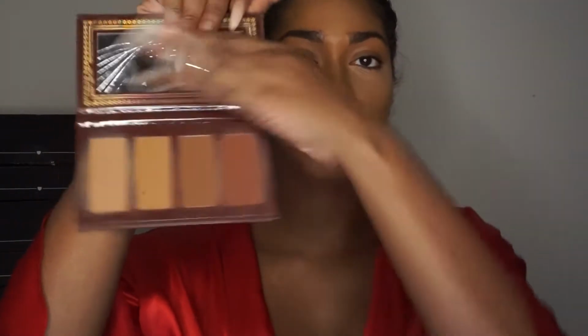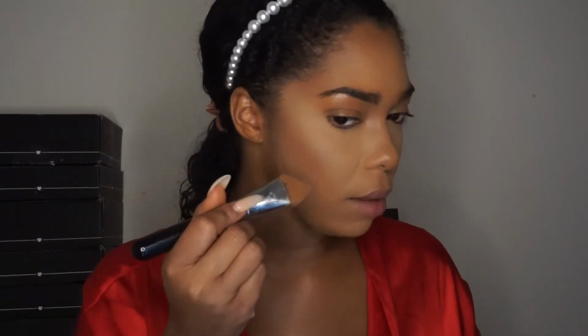Next step, I'm going to be using my Ace Beauty Bronze in Paradise palette, and I'm going to be using this color. I'm going to go back and take my Ingold Kabuki brush, and I'm going to go in with that color, and I'm not even going to use a lot because it's super pigmented, and I'm going to go little bit more under eye